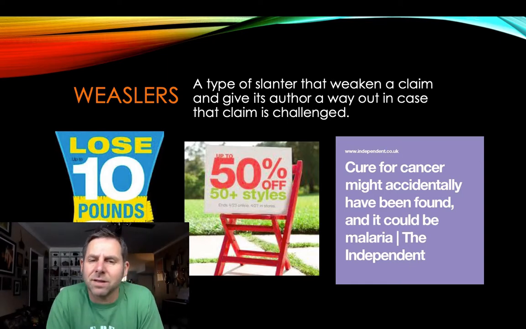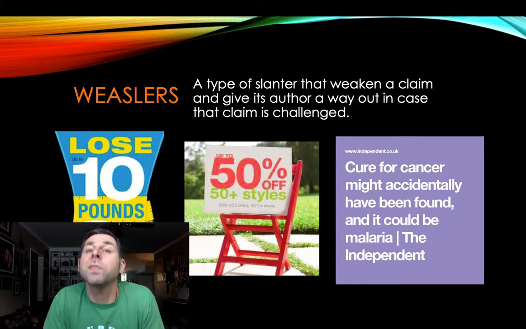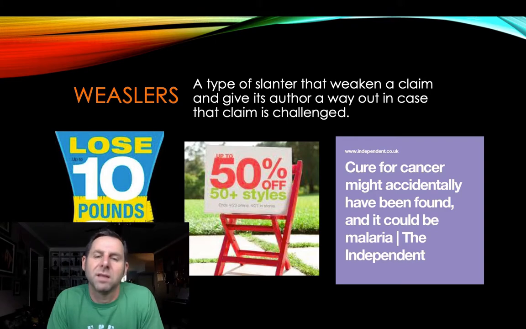So if you look at the sign in the middle, right, a super common sign you see all the time, up to 50% off, right? What do you see? You see 50% off. But that's not really what they're saying, right? I mean, they're saying, well, at least one thing is 50% off, right? Everything else could be 10% off, 20% off, more expensive than it normally is, right? You really don't know. And again, if you challenge them, the Weasler is, well, we said up to, we never actually promised everything would be 50% off.